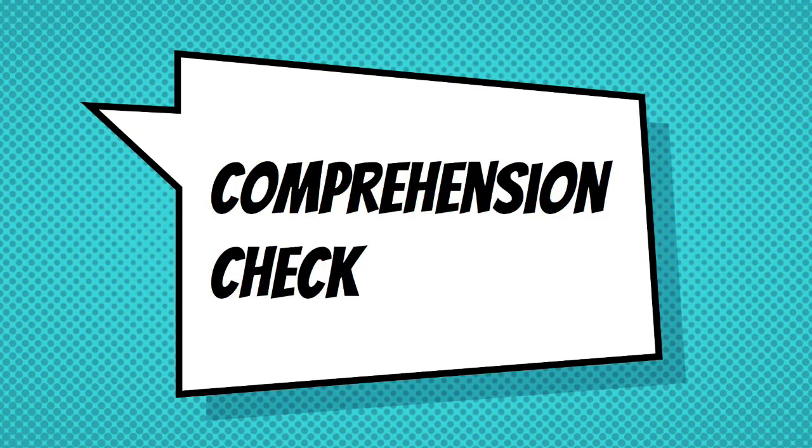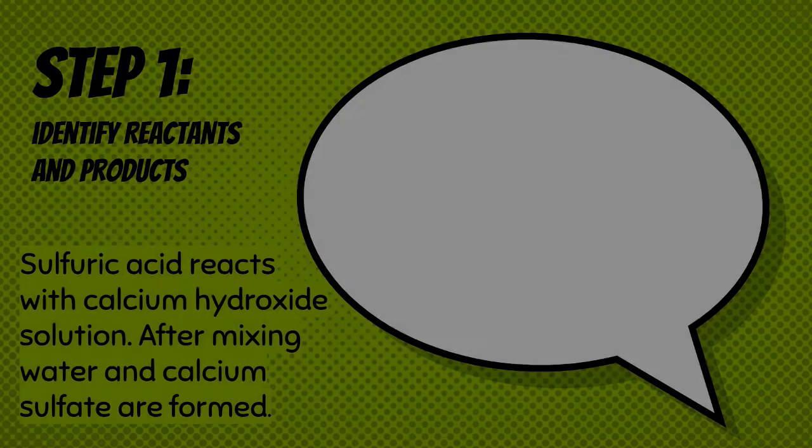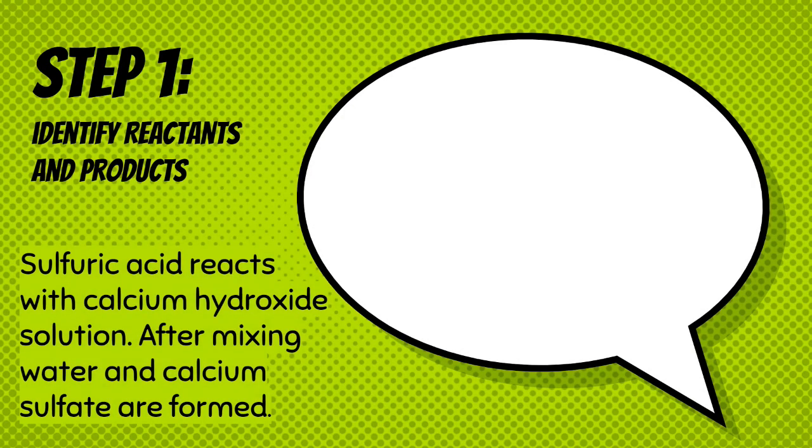Okay, so there's only one way to know whether or not we've learned from this video, right? We have to try a practice problem. In this question, you're asked to write a balanced chemical equation for the following process. Sulfuric acid reacts with calcium hydroxide solution. After mixing, water and calcium sulfate are formed. Now we're going to do this in 4 easy steps. So after I read the directions for each step, pause the video, think about your answer, and then check your